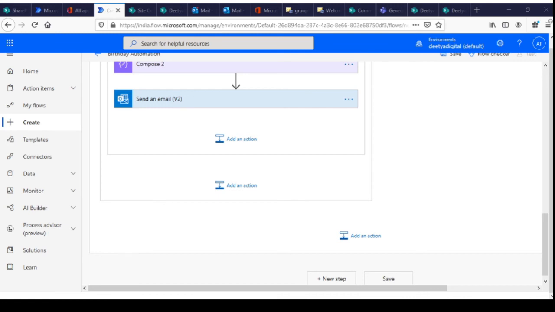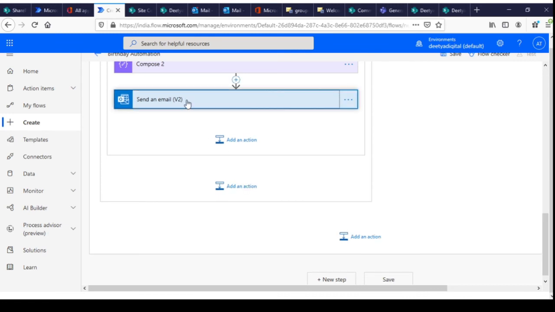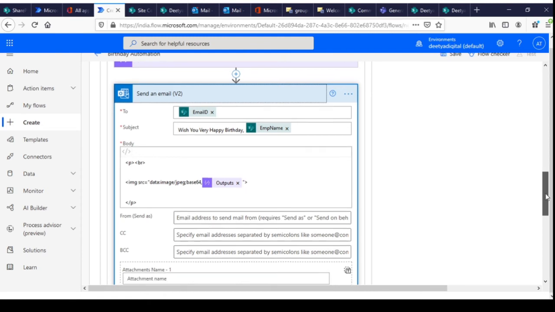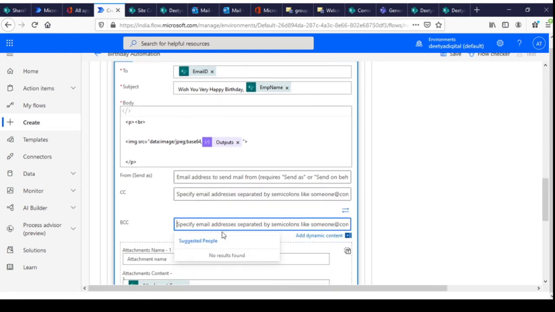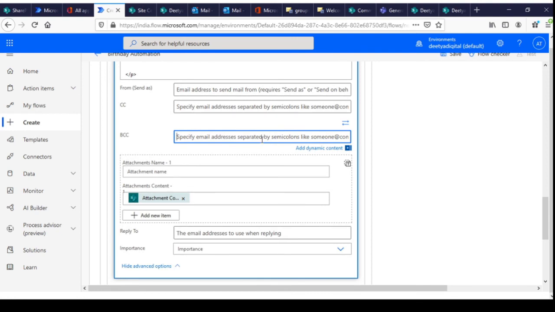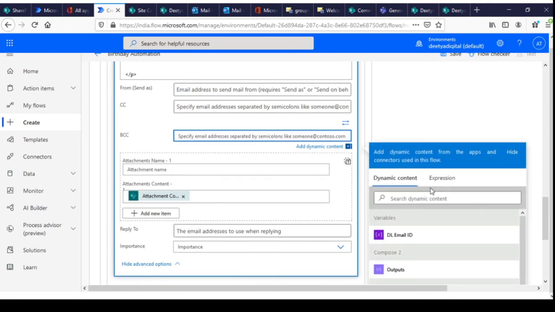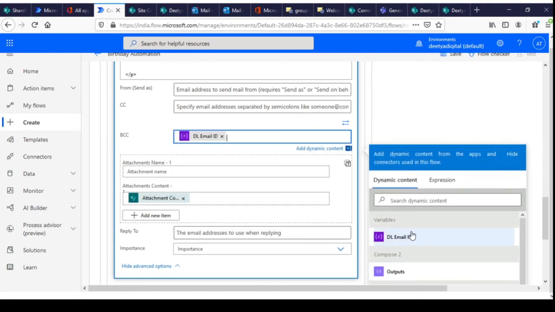So if you want to copy, you can directly just mention in CC. If you want to keep in BCC, then you can keep them in BCC. What I am doing, I'm just adding the DL email ID in BCC, so that by default the email ID, they don't allow the email ID directly in BCC.